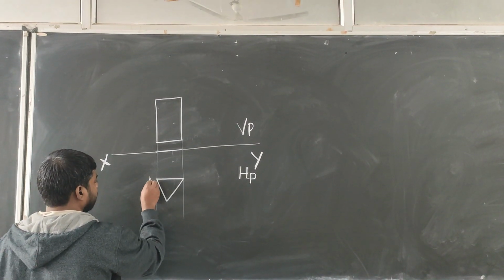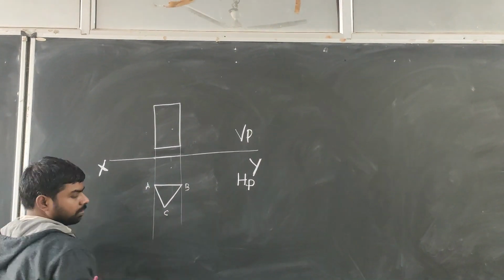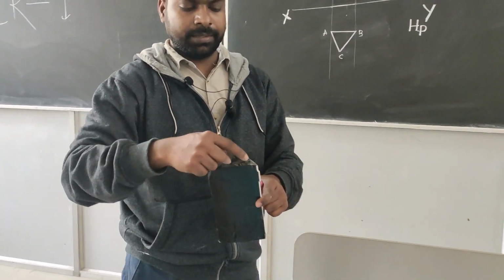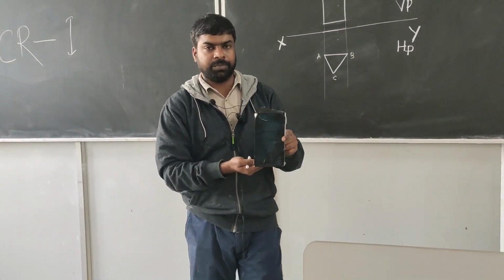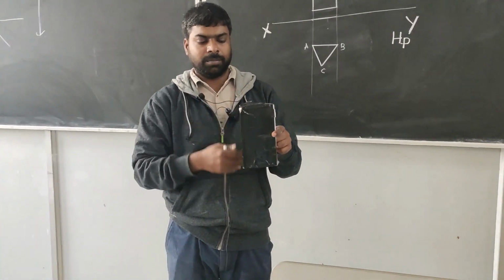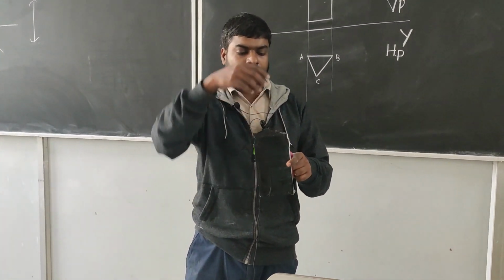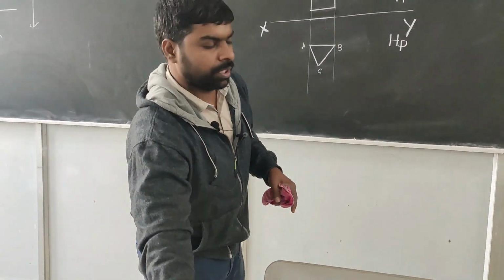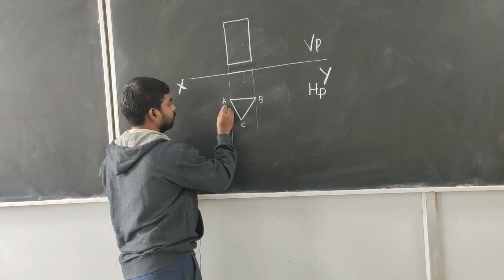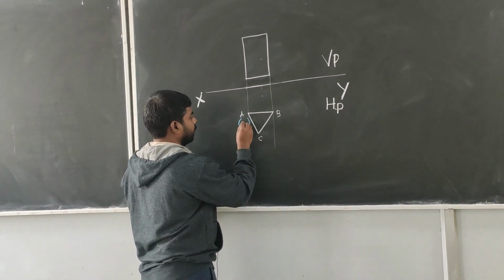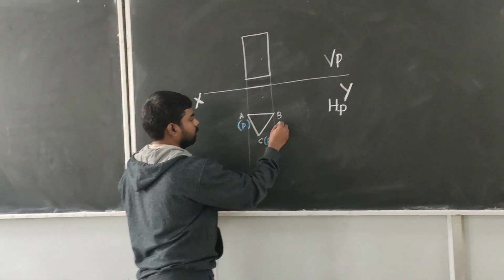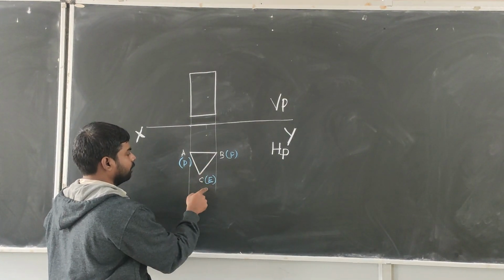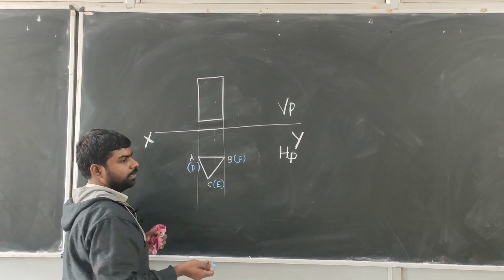Now you give me the names A, B, C. So it is a 3D object. So A, B, C is here. And what about the bottom side? A, B, C being given, the remaining 3 alphabets you can give. From the top side you will be able to see the top side only, but the bottom side will be hidden. So hidden edges should be placed in brackets. A, B, C already given, so D, E, F you can give. So top side A, B, C is visible. D, E, F are on the bottom side, hidden.